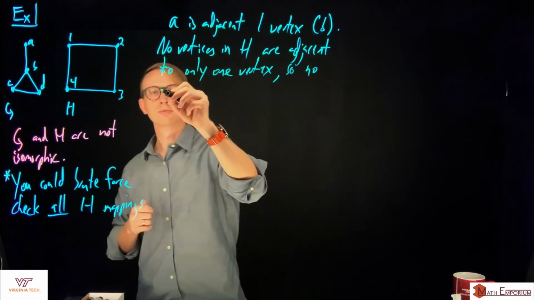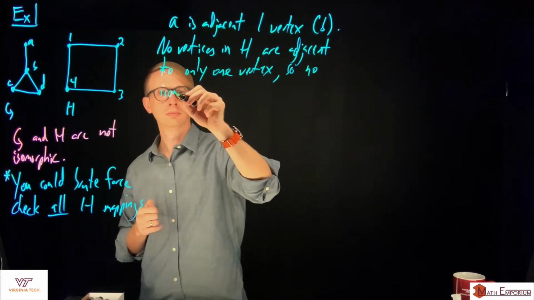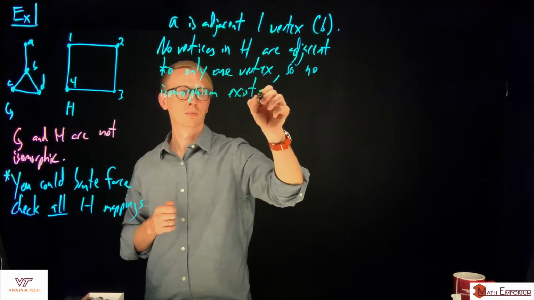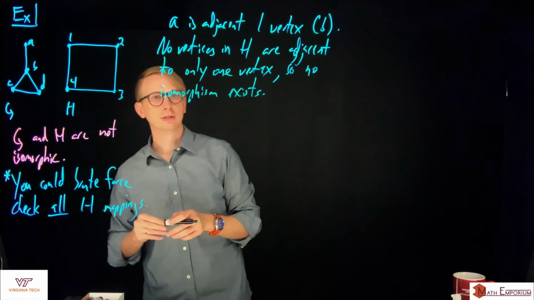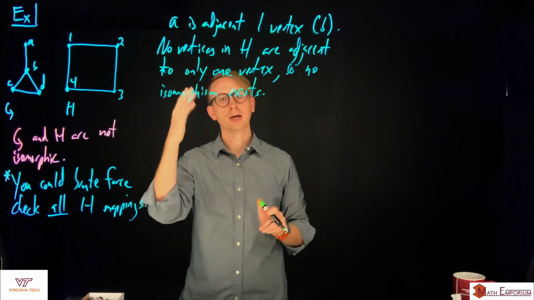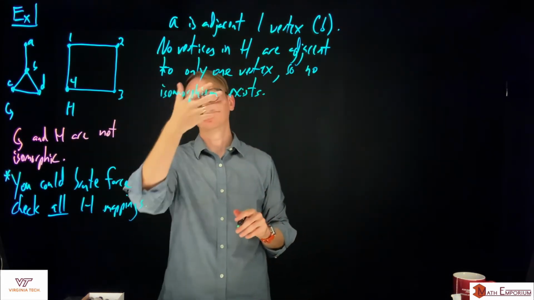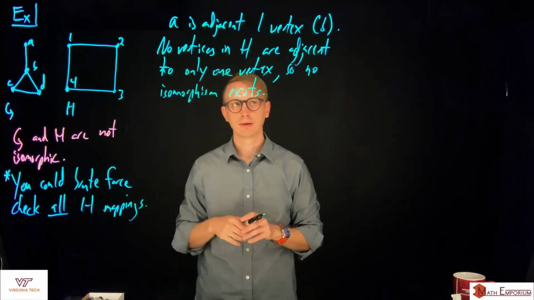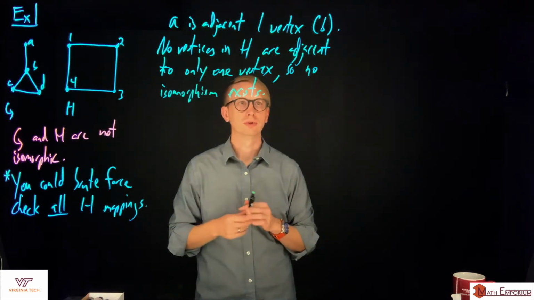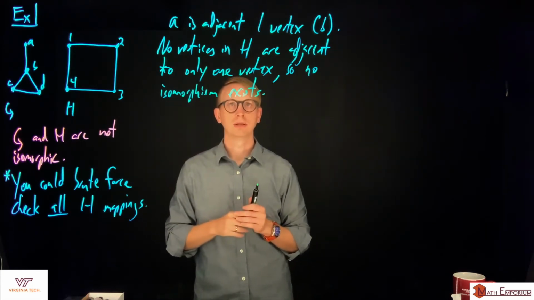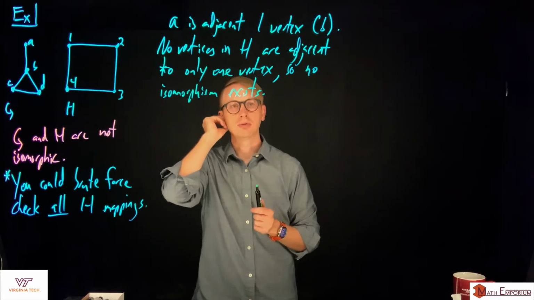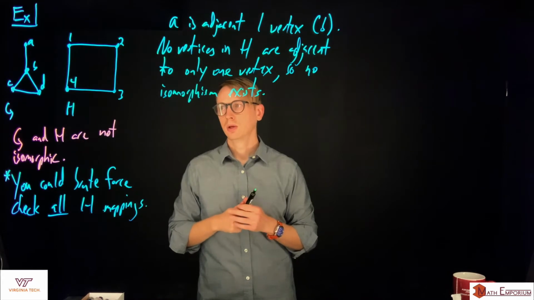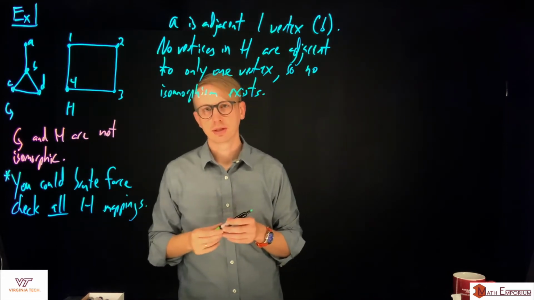So no isomorphism exists. Right. You could give a little more detail. You could say there's no way to create a one-to-one mapping that preserves adjacency because anything you map A to is going to have 2 adjacencies, and A doesn't have that. All right, so you can make it a little more verbose if necessary, but this seems to be plenty, and hopefully I want to give you things that you could write down when you're doing homework or exams. Okay, so this is supposed to be an easy one, but you can already see, this can be a